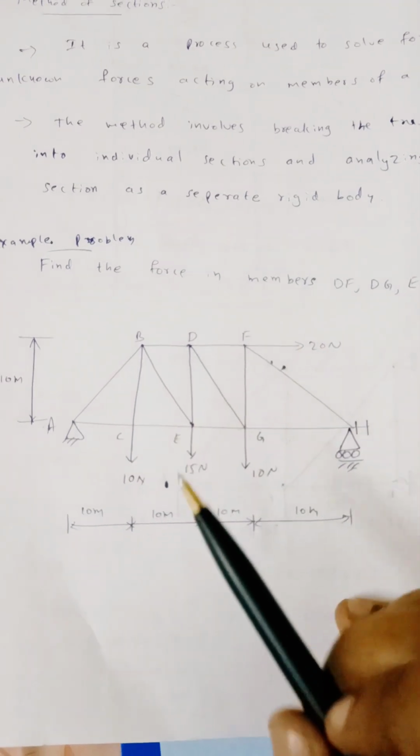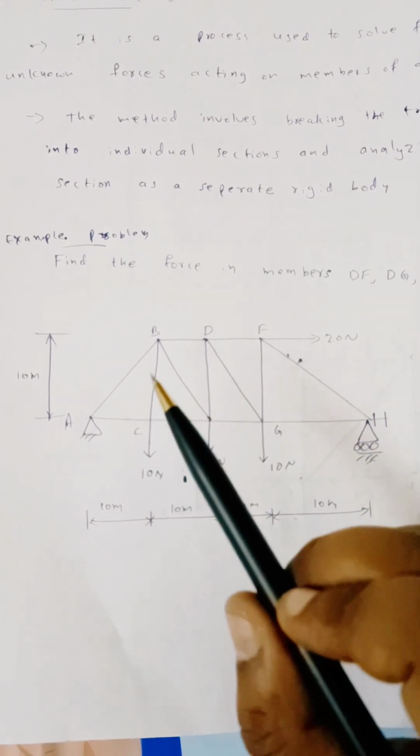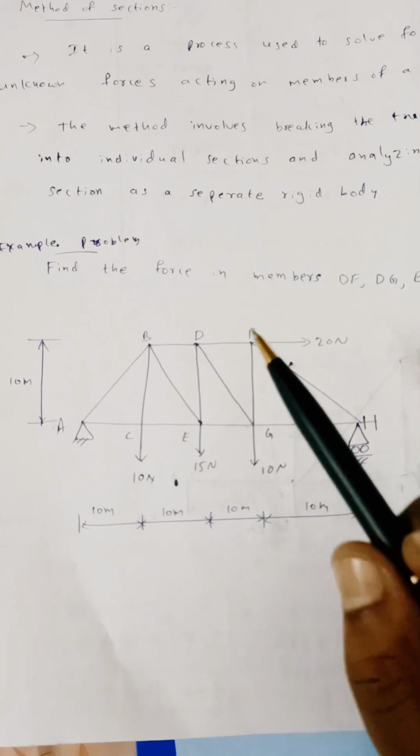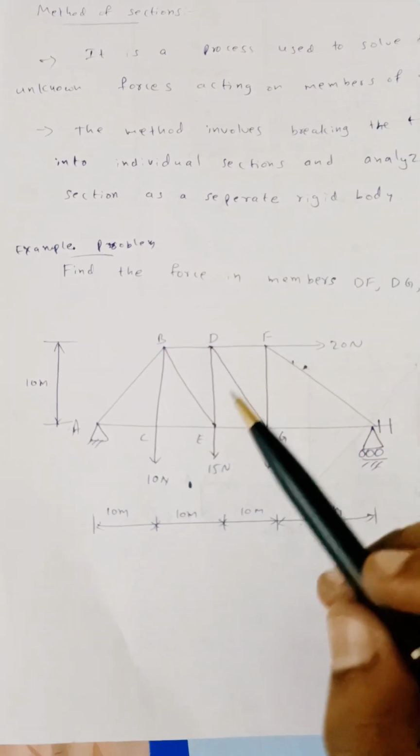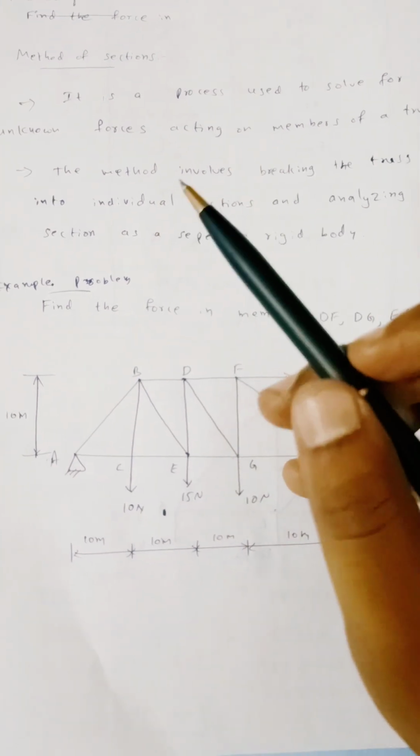You can see horizontal and vertical loads. Due to these loads, forces will be generated in the members of the truss. So we need to calculate these forces. So here, method of sections. In this method of sections,